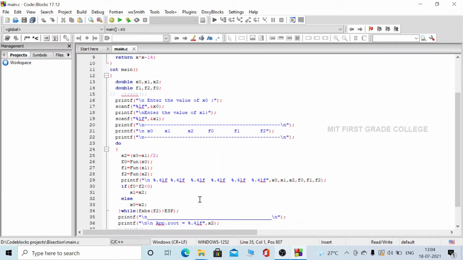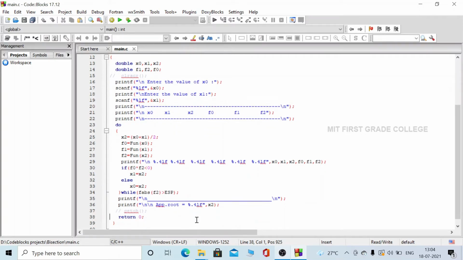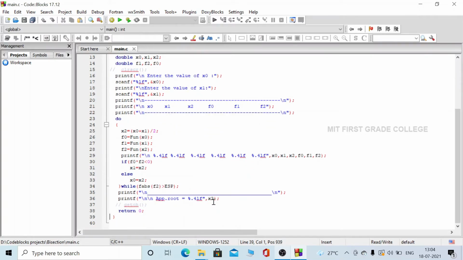All these statements are executed until the while loop condition becomes false. Here the while loop condition is fabs of f2 is greater than ESP, then all the statements are executed. When it becomes false, it will come out of the loop, and the root, that is x2, the solution of the bisection method, is printed.